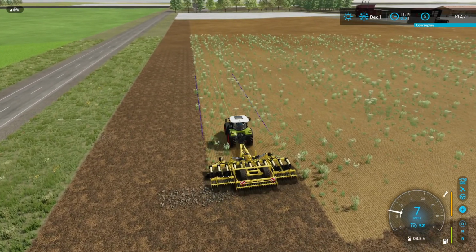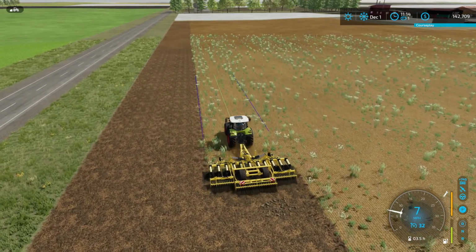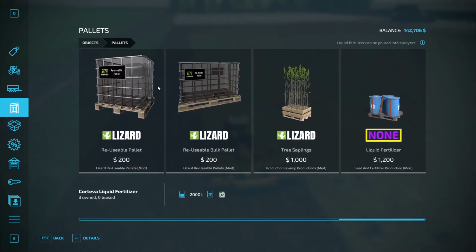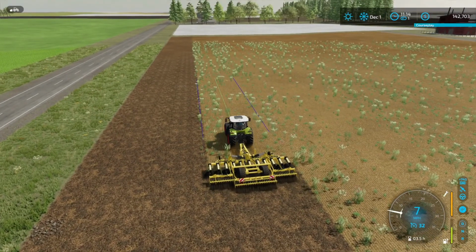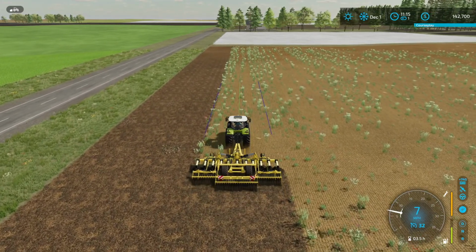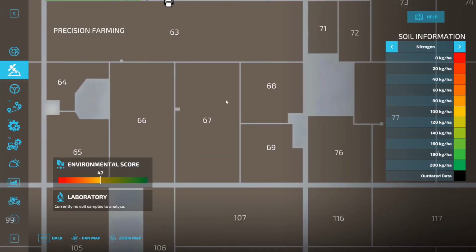I've worked out as well that I need to get an auger wagon or something. I have got that I just purchased a refillable pallet, which is actually from FS19. So yeah, I've got a 2000 litre or a 4500 litre that I can put seed into, amongst other things. So I got one of those. And what I was thinking, use a telehandler or something to fill my seeder up when I'm out in the field, because doing the big field that I'd done, which was 67, I had to fill it up 4 times,